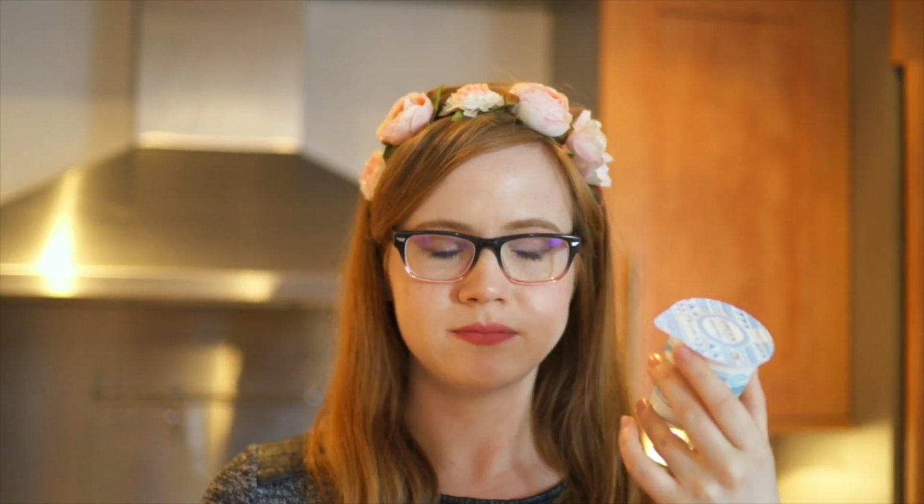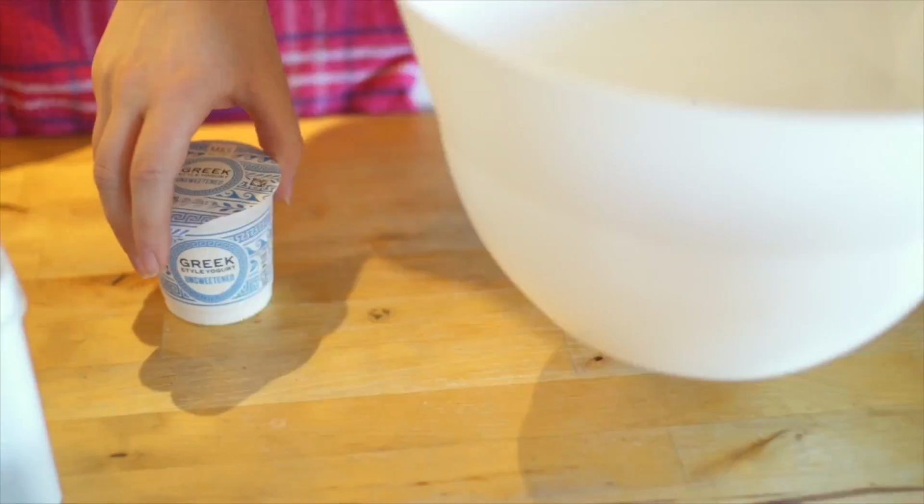a yogurt cup. Is that how we call it? Cup thing? Receptacle? Yogurt receptacle? Cup thing, yogurt receptacle thing, yep. Yeah! I'm just gonna